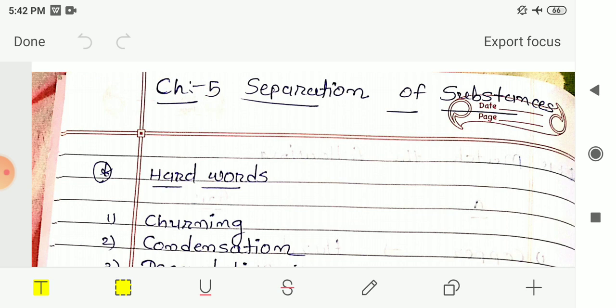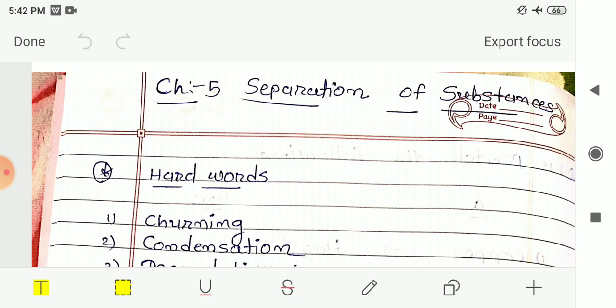In the hand picking, we had seen that this method of separation is used for slightly larger size impurities, pieces of stone, husk and other grains. To separate this kind of materials from the grains, we are using this method. Then we had seen winnowing. So winnowing is used to separate heavier and lighter components of a mixture using wind or by blowing air, and husk is separated from heavier grains by winnowing.